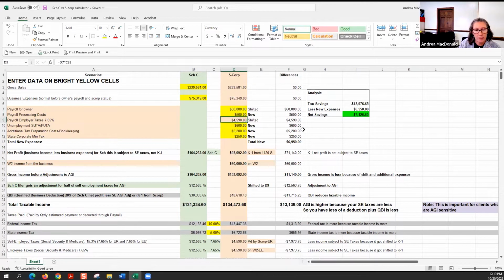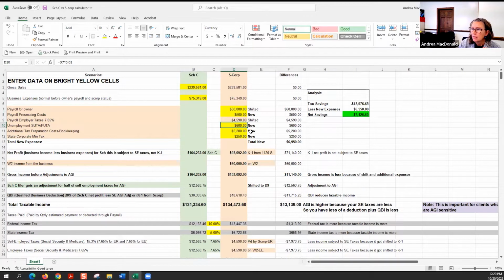We've got the employer portion of payroll taxes, because that is a deduction that the S Corp has that the Schedule C business does not. That's a formula, so you won't touch that. We've got state unemployment and federal unemployment. For this example, I just used 1% just to keep the math simple. You can update that formula right here to be exactly whatever the calculation is for your state, and then the adjustment for federal. I'm not looking for exact dollars here,